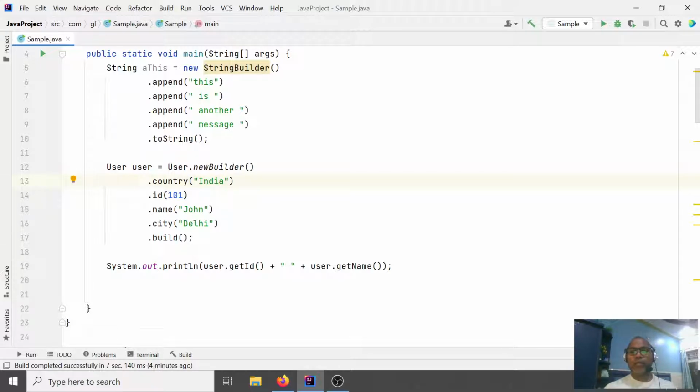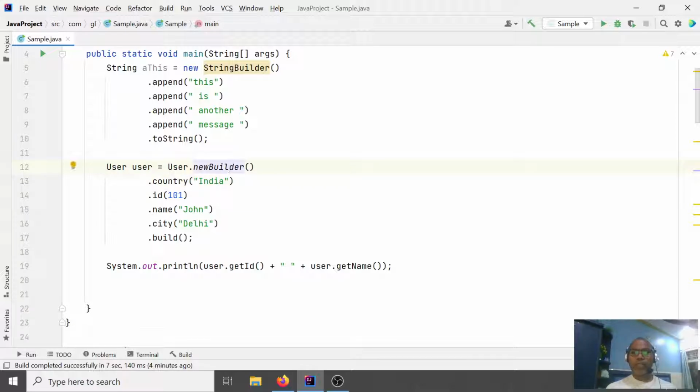Generally, whenever your class has more than 5, 10, 20 attributes, instead of writing a set of constructors for one argument, two arguments, three, four, five, 10 arguments, lots of constructors you would have to create, you can write one builder class.